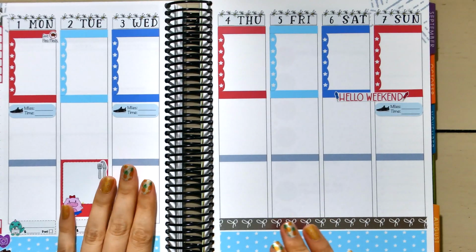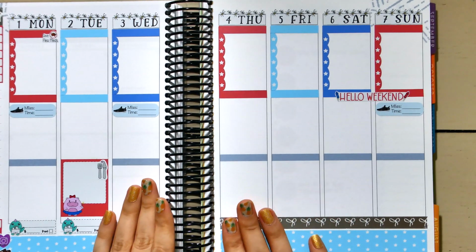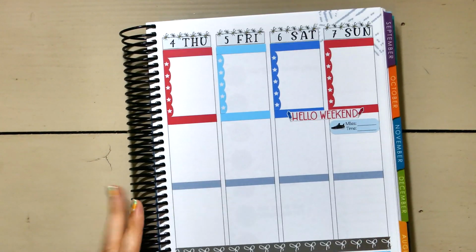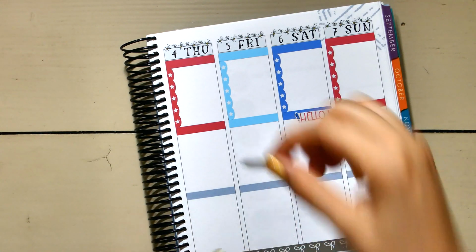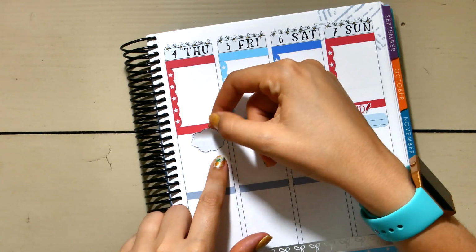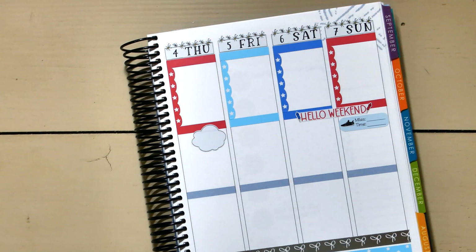So yeah, Wednesday I didn't have anything other than a run. And then Thursday we are leaving. But first thing that I want to do is I'm going to use the clouds as a pickup and drop off for my dogs. So I do know that first thing Thursday morning we will be dropping the dogs off at my dad's so that they